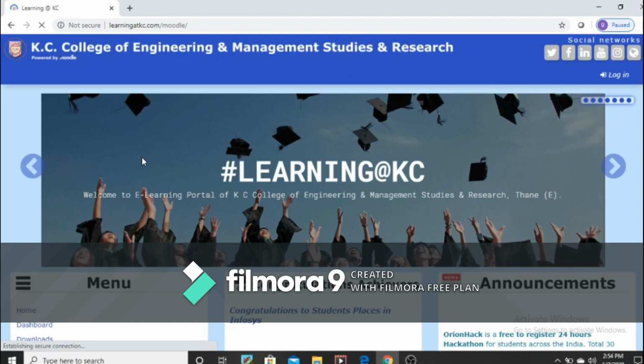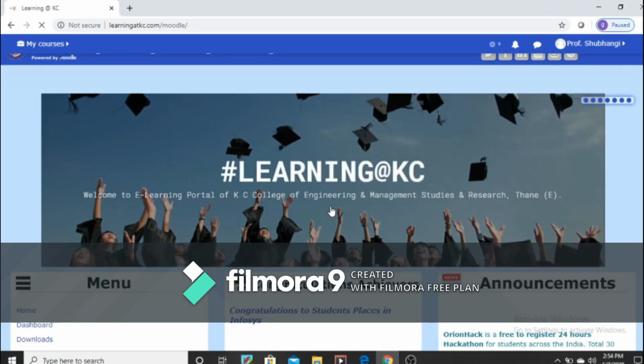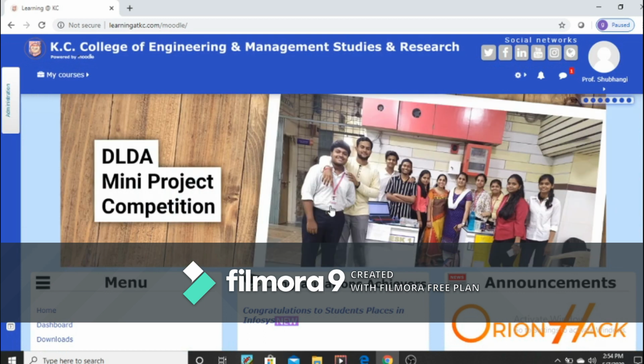Once you sign in to your Moodle account, click on login with your Moodle account. It will take a little bit of time. If you don't have a Moodle account with you, we are going to see in the next video how to create your Moodle account with Moodle Cloud itself, so that there is no need to have infrastructure for your Moodle account. You can create your own Moodle account and create your sign in.